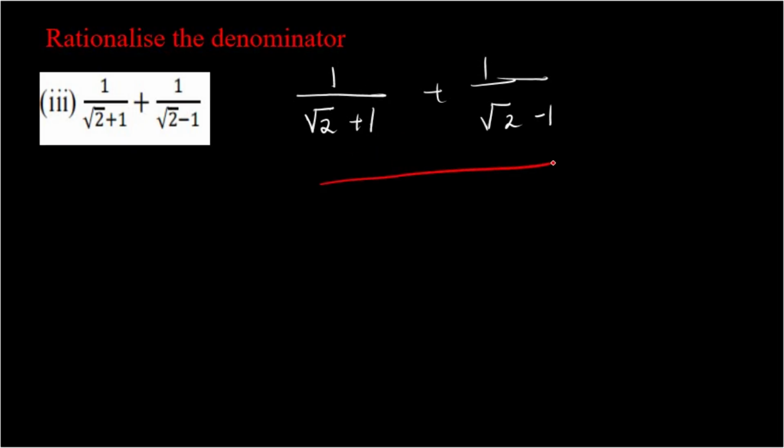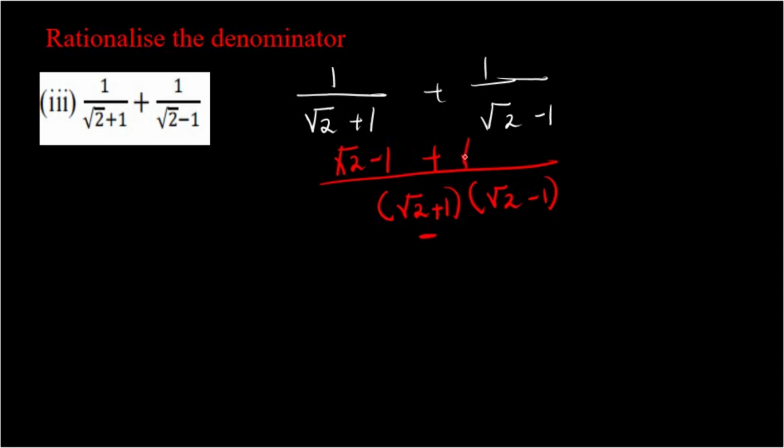The common denominator in here is root of 2 plus 1, then root of 2 minus 1, such that when we divide this one into this, the answer will be root of 2 minus what? 1. So meaning that times 1 there. So root of 2 minus 1, that's your answer, plus